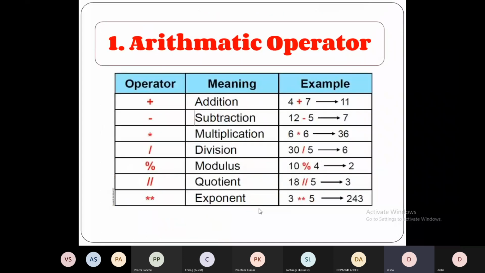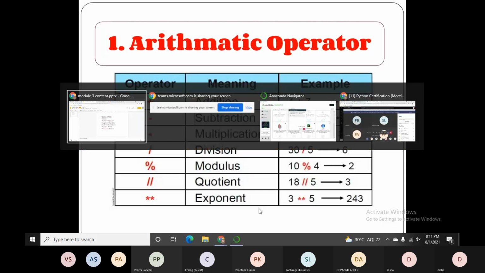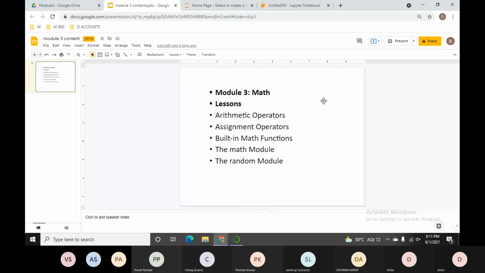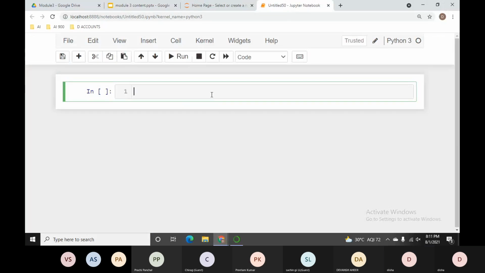Next, some arithmetic operators are here. We can see there are 7 arithmetic operators, right? So let us understand their meaning.